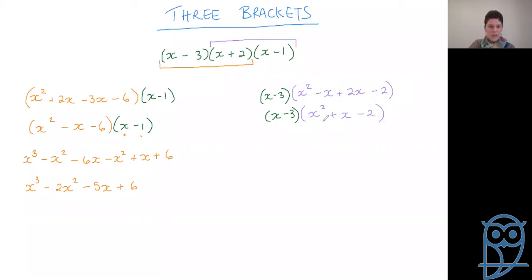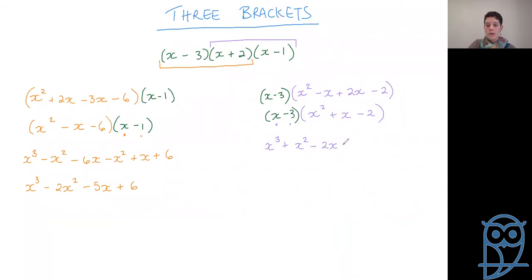And you see at this stage we're looking quite different to the other method. But the magic is coming, don't worry. X times each term. X times x squared, x cubed. X times x plus x squared. X times minus 2, minus 2x. Then the minus 3